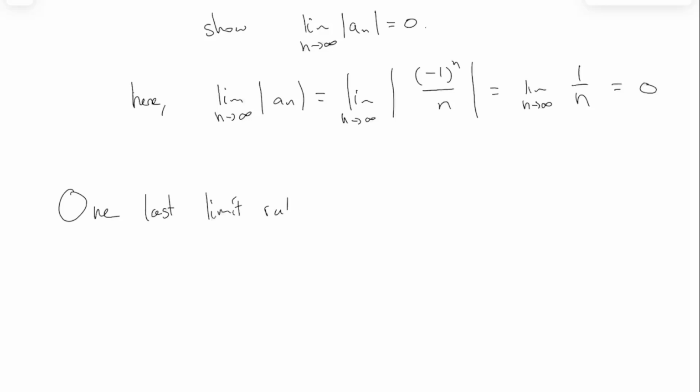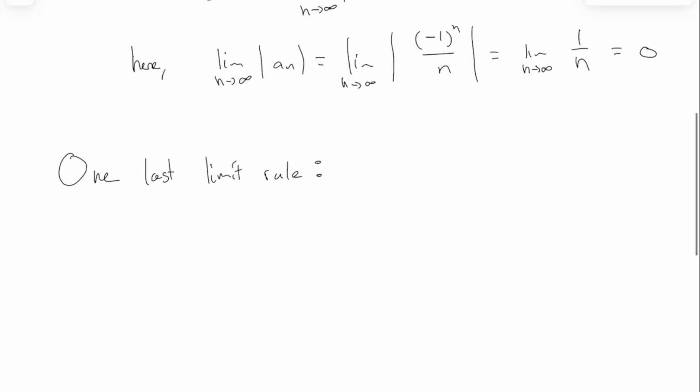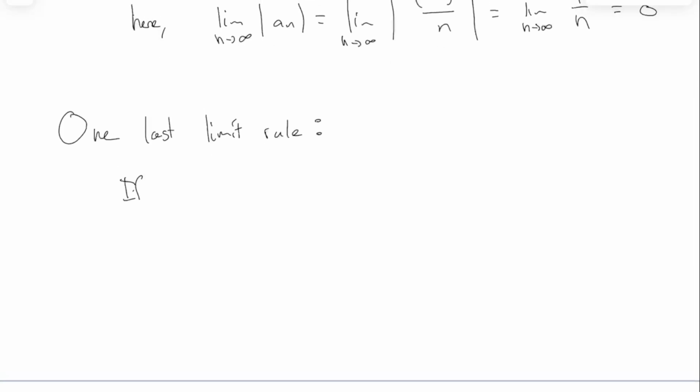And I would say this one also generally fits in the category of, like, all the rules last time were things that you more or less automatically do without really thinking about them. So this is not a rule that you need to memorize because we're going to just sort of naturally do it all the time. But what it says is, if f of x is a continuous function,